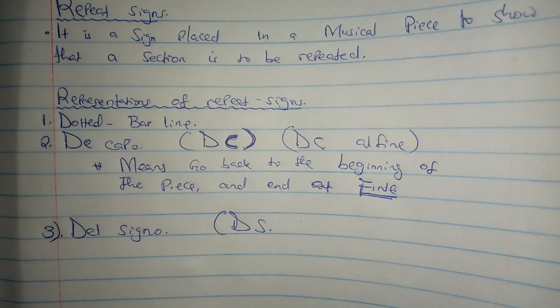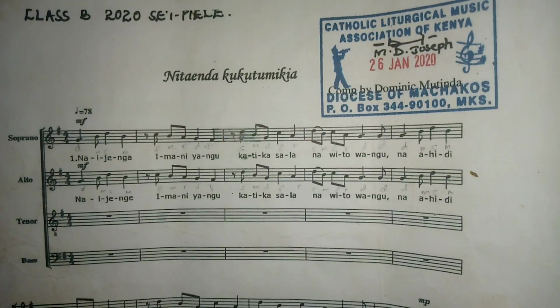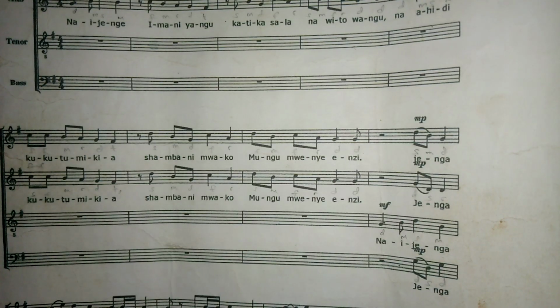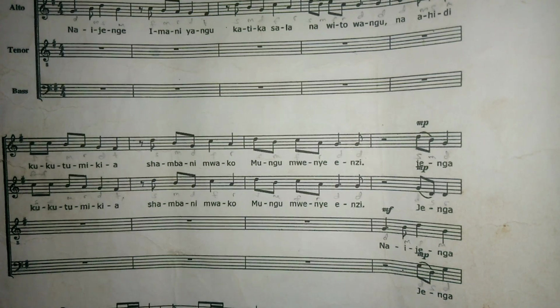The next representation of repeat sign is the dal segno, and it is abbreviated as DS, as shown on the screen. Let us say, for example, we have a musical piece as shown on the screen, and I want to repeat a large section, like let's say for example 3 pages. I want to repeat 3 pages, and I want to do it from this bar where I have Nijenga. Bearing in mind that I want to repeat 3 pages,